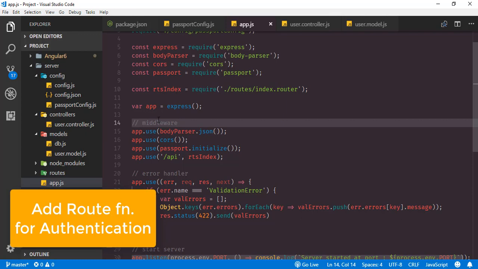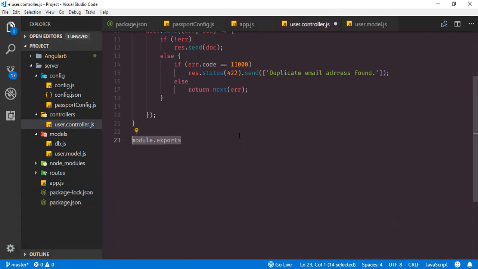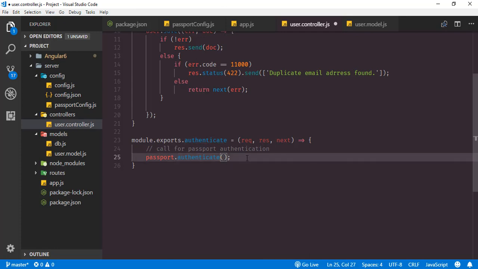For that, open user controller, module.exports, and here we have the function authenticate, and here we have the arrow function with three parameters request, response and next. Inside the function we are going to call authenticate function from passport. So here it is. So here we have called the function authenticate from passport. As a first parameter to this function, we have to mention the strategy. For now, we have the local strategy, and as a second parameter, we can pass this function error,